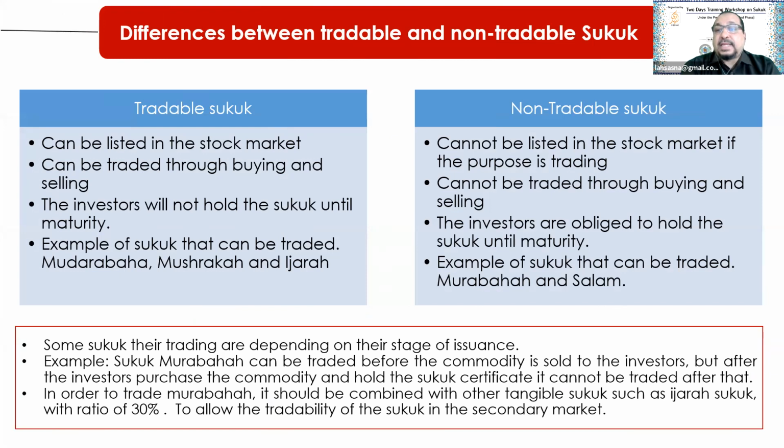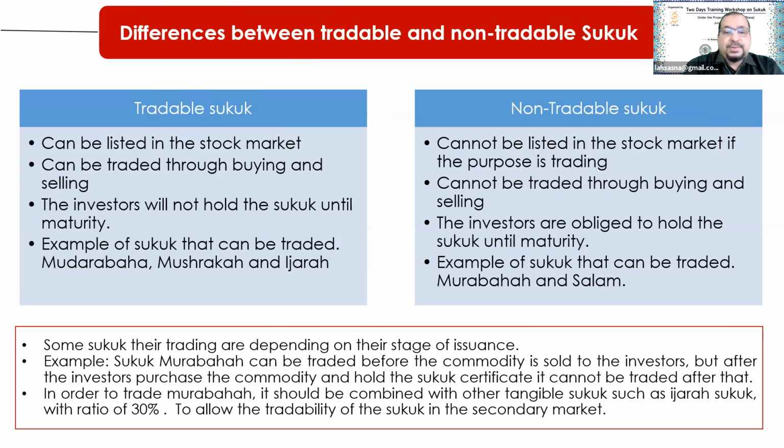Non-tradable, of course, cannot be listed in the stock market. Sometimes they are listed, but not for the purpose of trading. Also, they cannot be traded through buying and selling. The investors are obliged to hold the Sukuk until maturity. Examples of that are Murabaha and Salam. You can list Salam, but not for trading, only for listing, marketing and record purposes. Murabaha, yes,